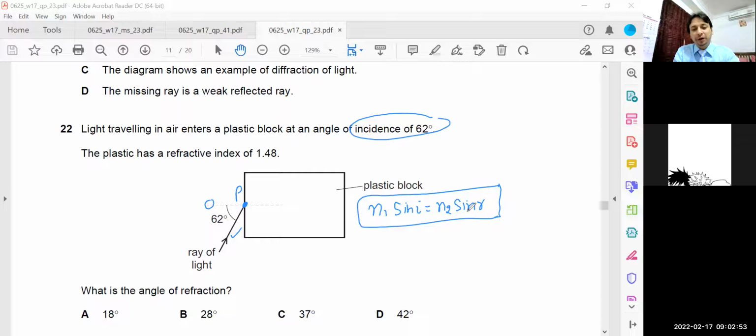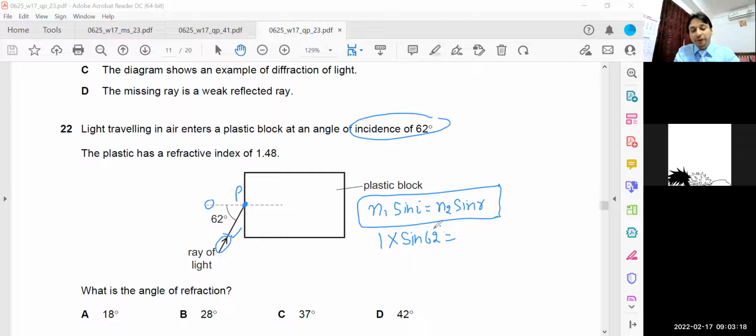What is this n1 here? n1 is basically the medium from where the light is coming. Light is traveling from the first medium, that is the rarer medium, so you need to put the refractive index of that medium. And we know for air, the refractive index is 1. So n1 is equal to 1, multiplied by sine of angle i, the angle of incidence, which is 62 degrees,